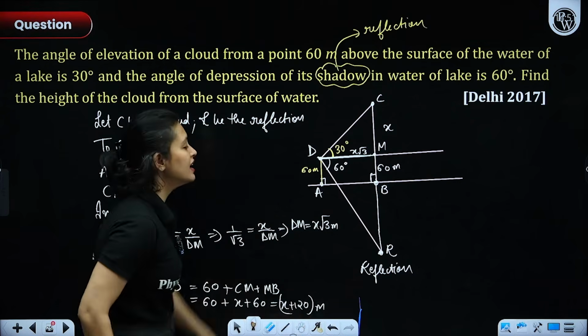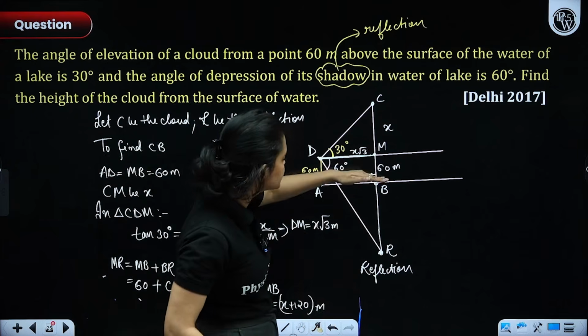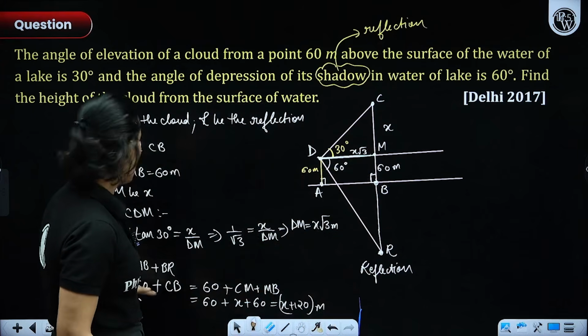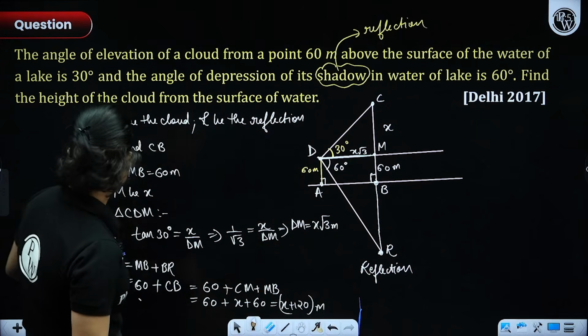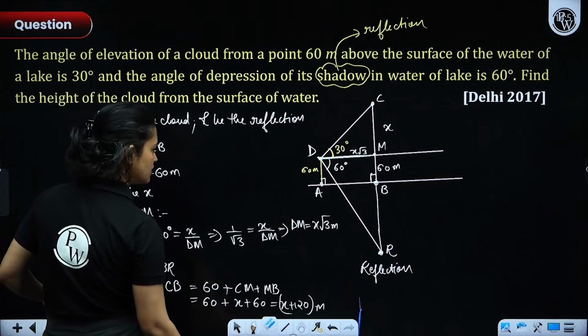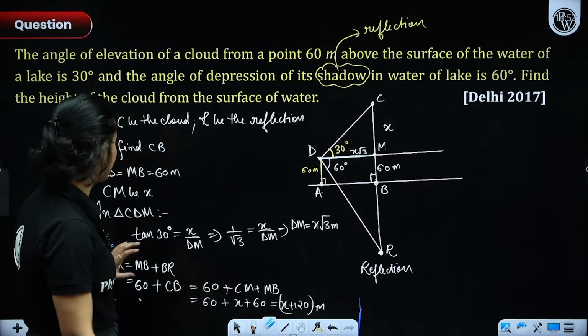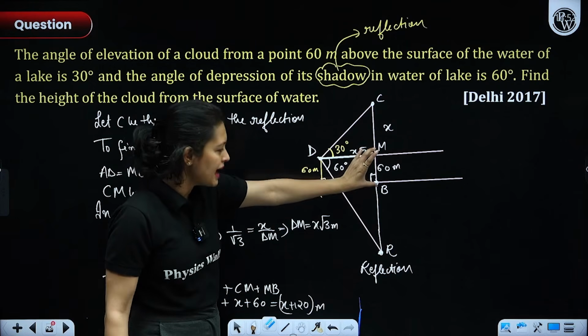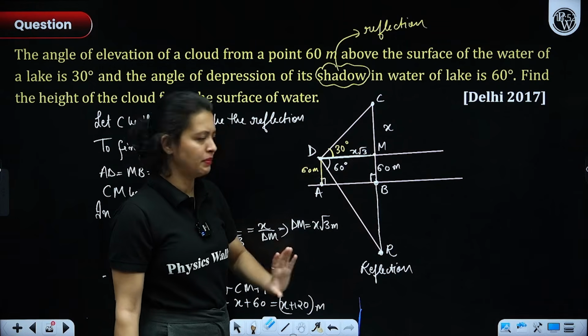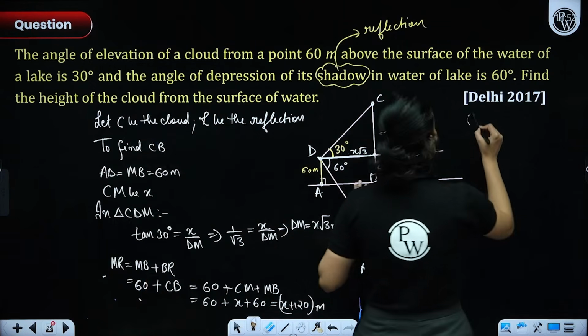So, I figured out the value of this BR or MR. Why did I write MR? Sorry people, this is not MR. Sorry. We have figured out the value of MR, everyone. My fault. We have figured out the value of MR by MB plus RB. Okay? Now, in triangle